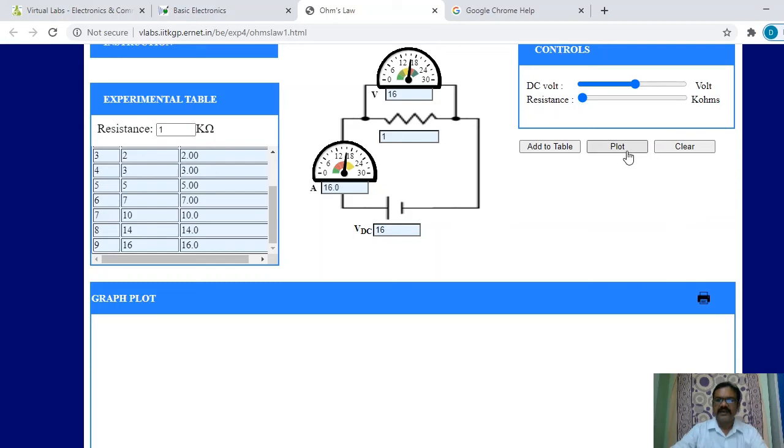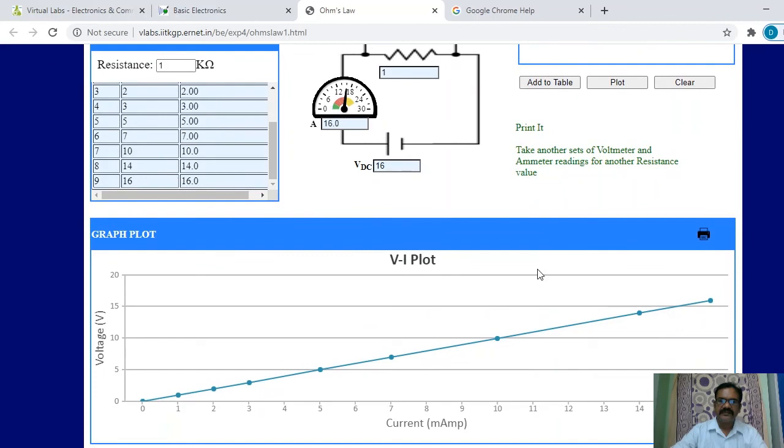We want to plot this graph. So press the plot button here. The graph is shown. It is voltage versus current: voltage in volts applied across the resistor and current flow in milliamps passing through the resistor. By looking at this graph, it is a straight line. So when the voltage applied across the resistor is 10 volts, the current passing through the resistor is 10 milliamps.